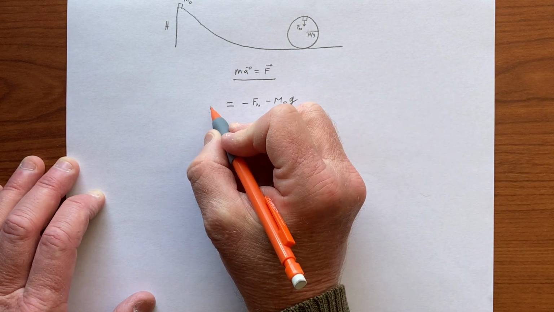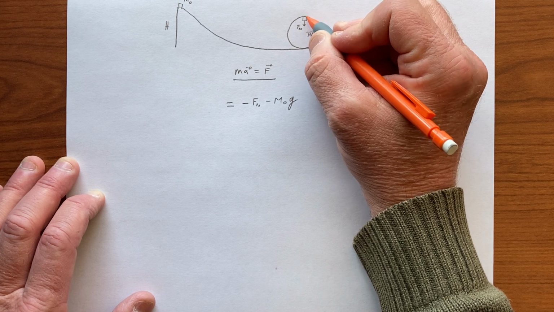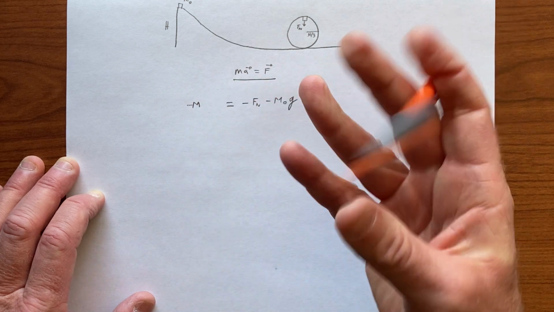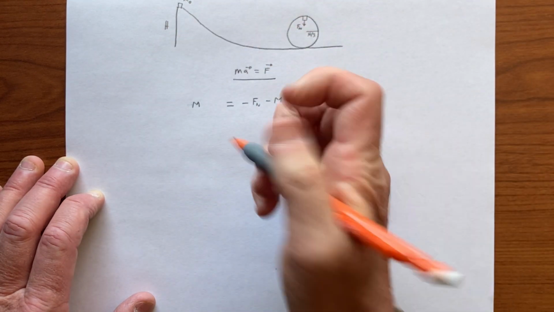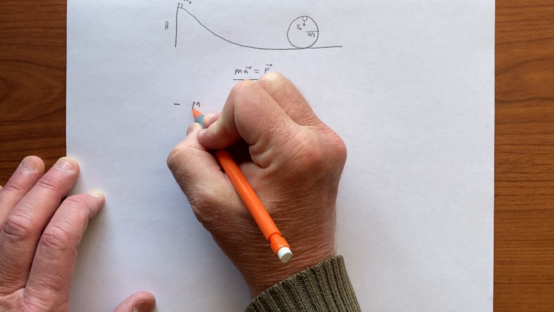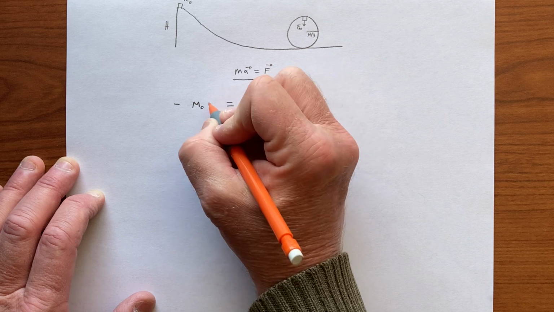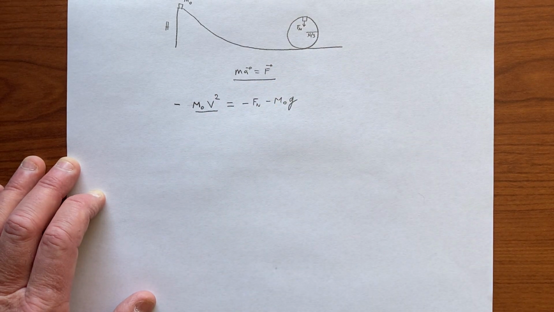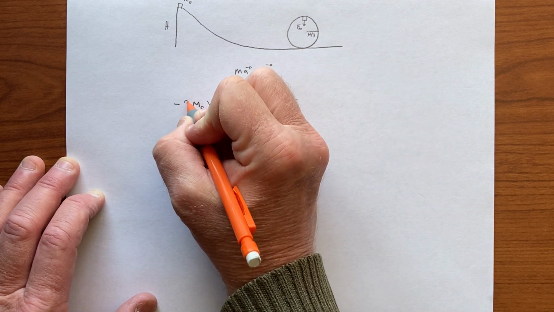And the left-hand side is the same, except that it's not that way. It's always toward the center of the circle. So in this case, it's downwards. We have minus, actually, let me give myself some space there. So it's minus m naught times v squared over r, and that's an unknown v squared. We divide that by the radius, which is h over 3, so we end up multiplying by 3